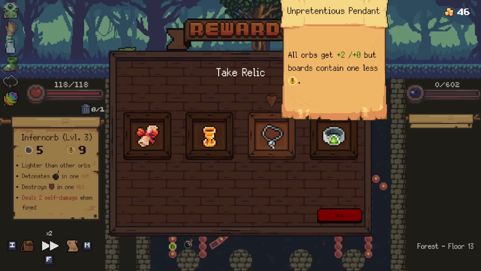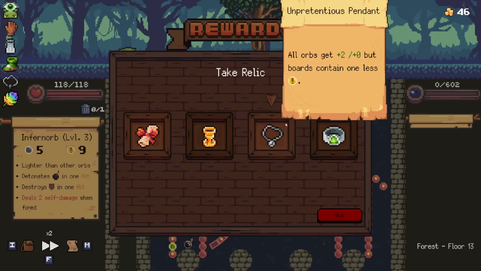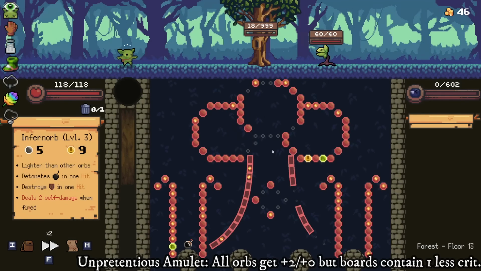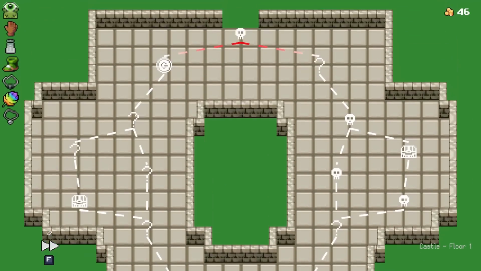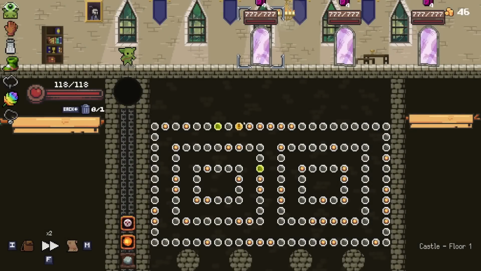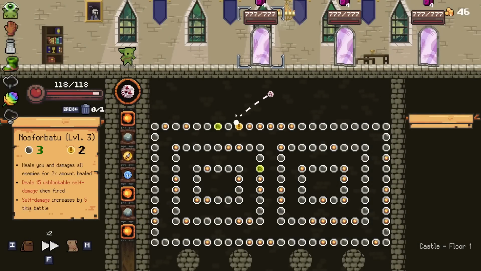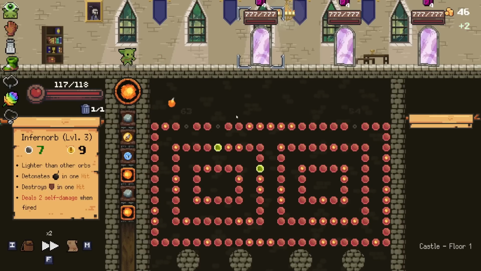And shame. I was really hoping I could find the Wand of Skulltimate, but I think the Unpretentious Pendant is a very good second choice. It makes all my shots a little bit better, rather than just being crits that are a little bit better. Non-crits are generally... I mean, I'm happy enough with it. Either way...